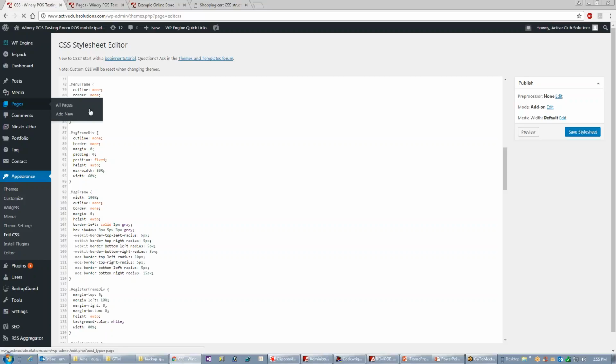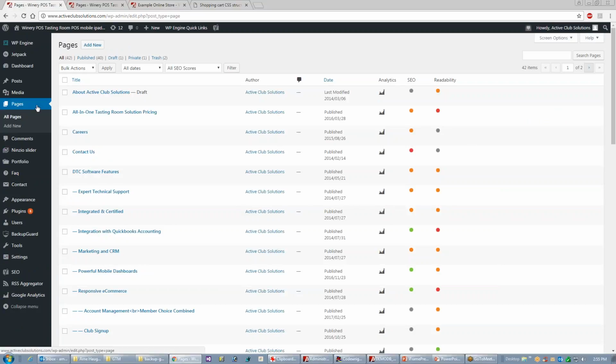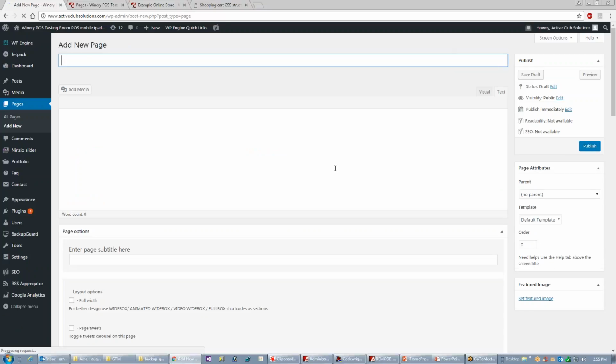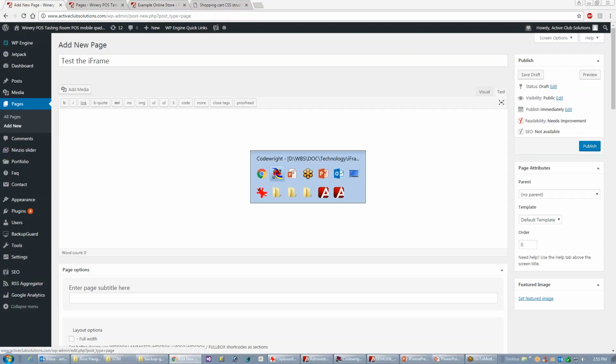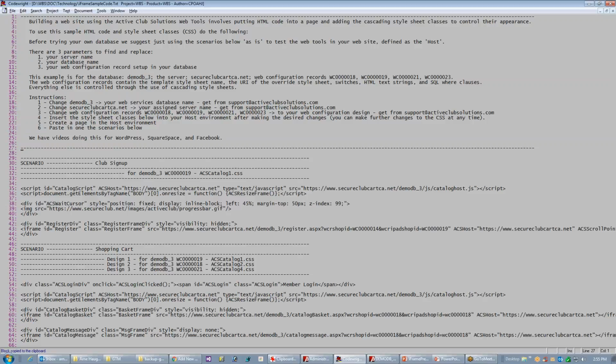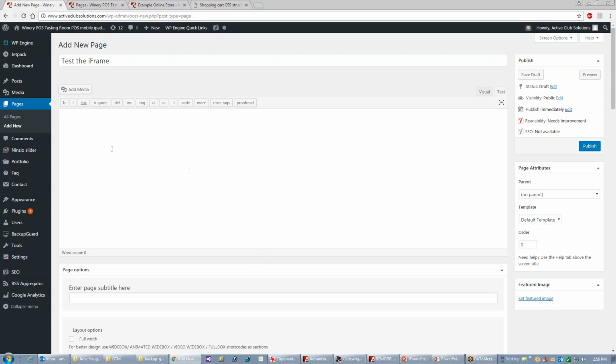Now let's go to our pages, and we're going to make a new page. So I'll go Add New, and we'll call it Test the Iframes. And here's where I'm going to put in my code. There's two modes here. There's visual mode and text mode. We want to be in text mode. I'm going to go back to the sample code, and let's do a club sign up. That's the simplest one. All I have to do is copy this piece right here, paste it into WordPress,